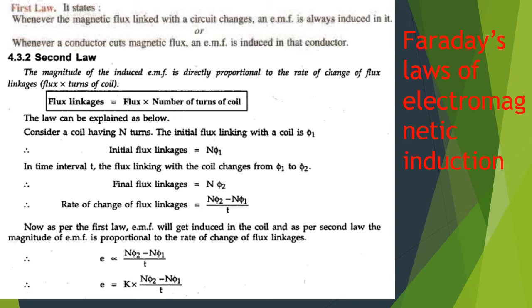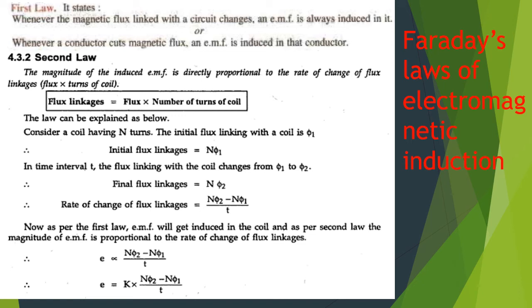Then initially the flux linking with a coil is said to be phi1. So the initial flux linkage can be given as the number of turns of the coil, capital N, into the flux linked with the coil, phi1. After some time interval, the flux linking with the coil changes